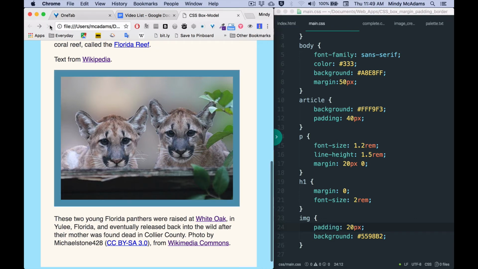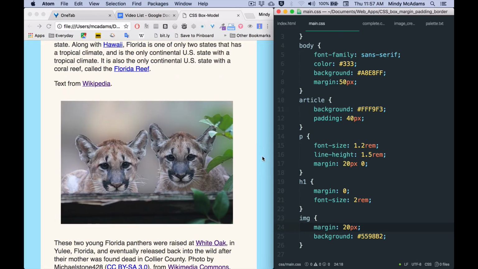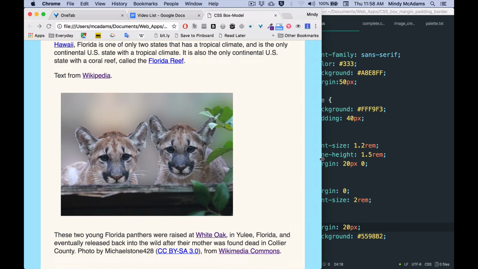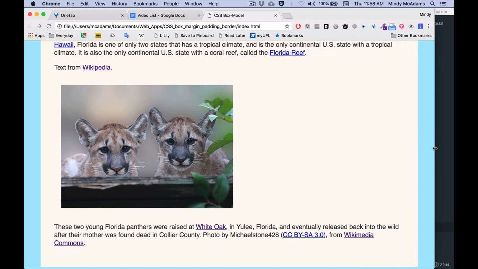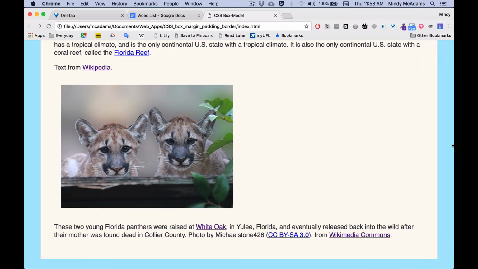Save, reload, margin, save, reload. Now at this point, some of you might be thinking, oh, isn't that nice? Now the image is centered within the white area of the article. But remember, this browser has been squashed. It's been made narrow. So if I take the window out to its full size, you'll see that the image